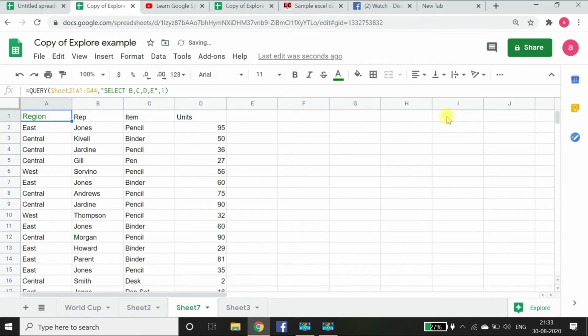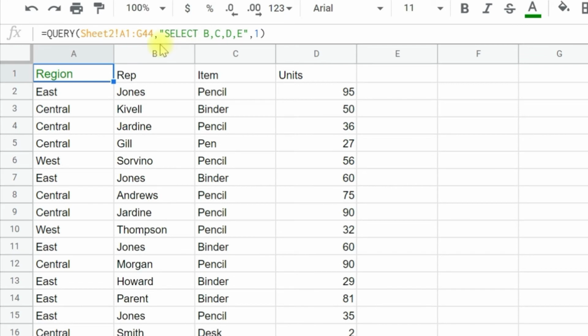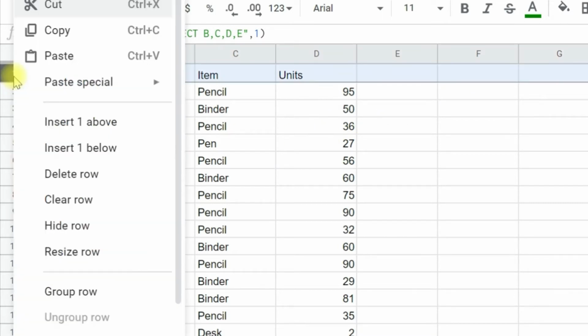So we are automatically on sheet 7, and all the four columns we selected, B, C, D, E, are put in A, B, C, D in the same order. Now let's say we want to make our work easier, so we'll add 2 rows above.